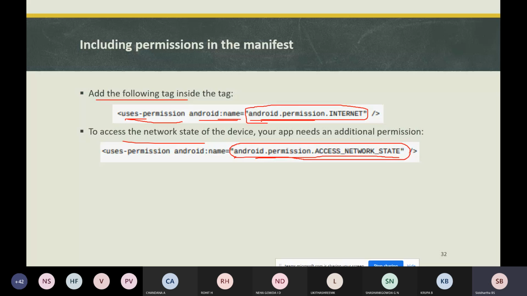These are all the steps you need to follow. We need to add a permission to the Android manifest file. Then we need to check the network connection. Then we create a worker thread where we can perform the operations, and implement the background task: create a URI, make an HTTP connection, connect and get the data. Then we need to process the result. So this is about connecting to the internet.